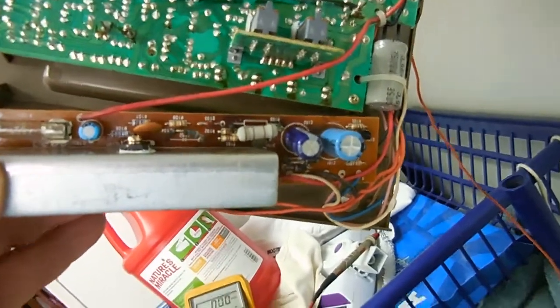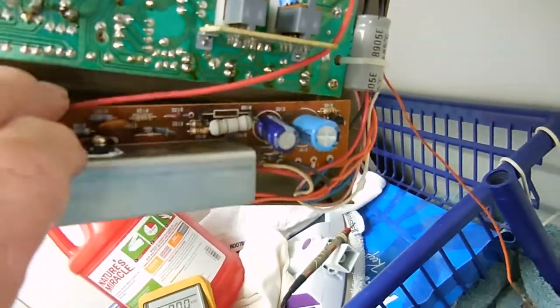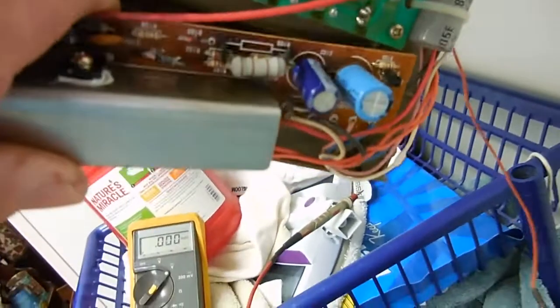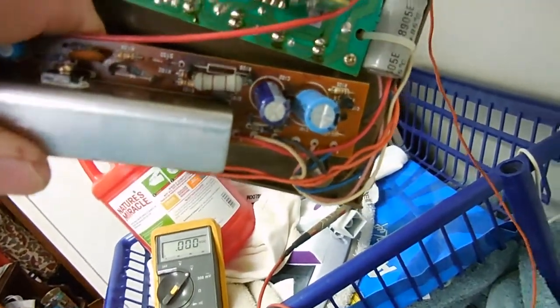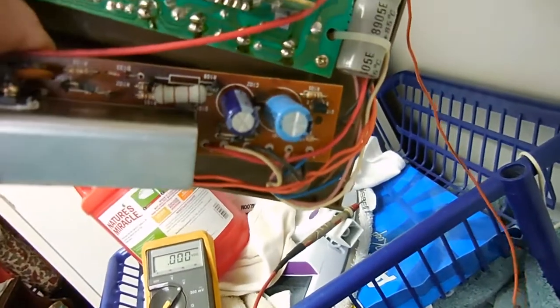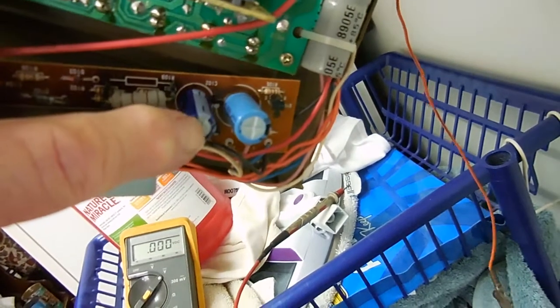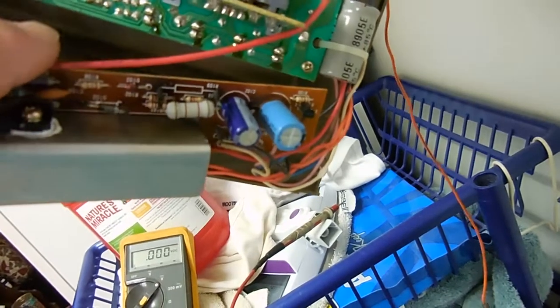But when I was looking at it, this resistor right here was cold, and that's a 3 or 4 watt resistor. It should have a little heat to it if they put one in that big. And I felt like the board wasn't working, and I started looking at these parts, and this dark blue capacitor, which is the new one that I've replaced, was the problem. When I looked at the original old one, which is this guy over here,